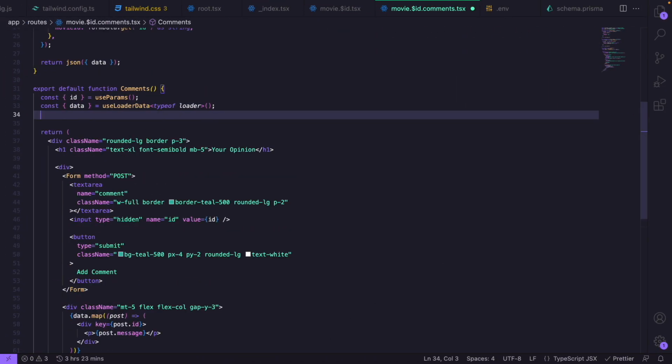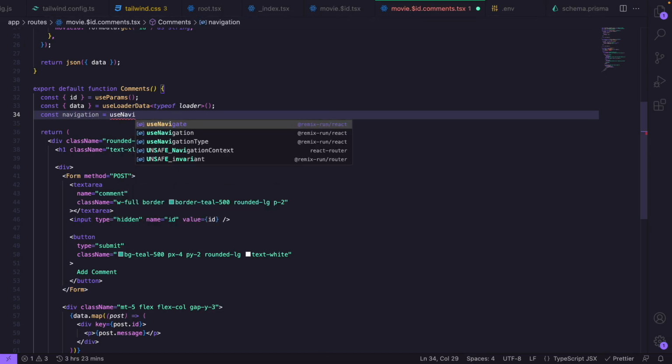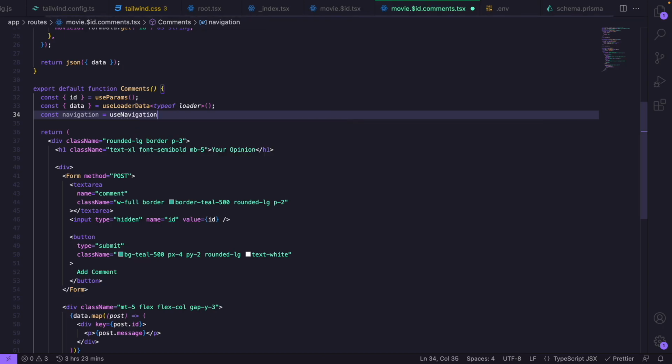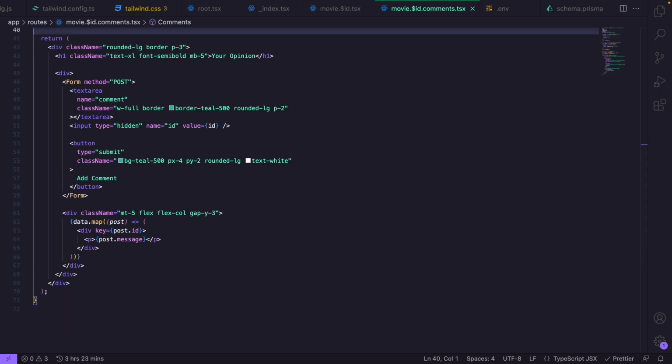And to make that work, there's a handy hook Remix has, which is called useNavigation. So let's do a const navigation, which will be equal to useNavigation. Not useNavigate, but useNavigation. And now that's all we need to make pending UI work, and what I will just do right here is